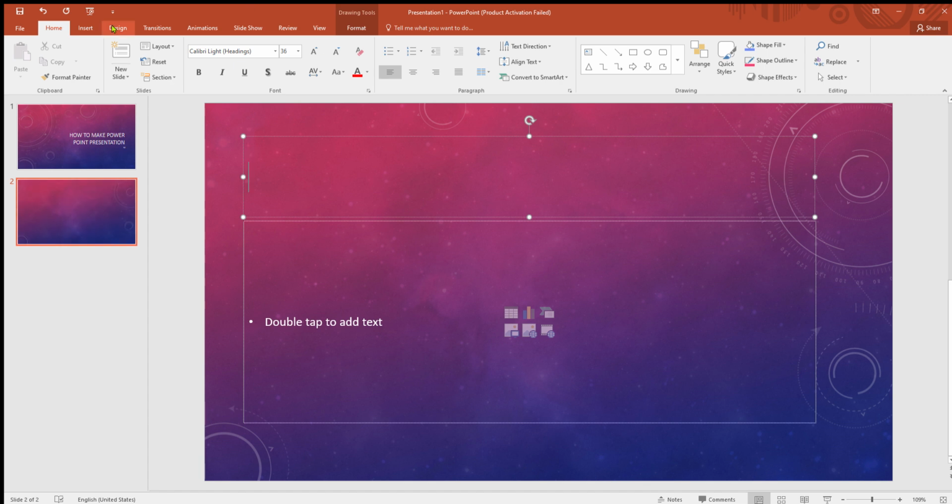Or if you want to insert an image, you could just search for an image. For example, I'm going to search Pokemon Emerald cards, and then you could just select one of these, or your own picture.